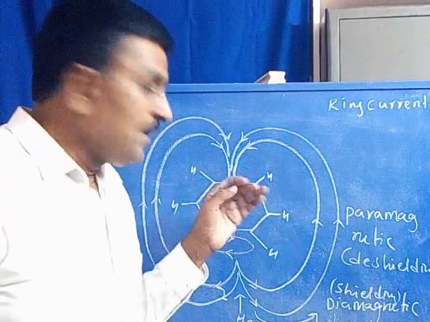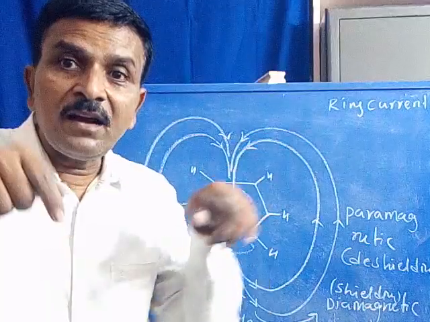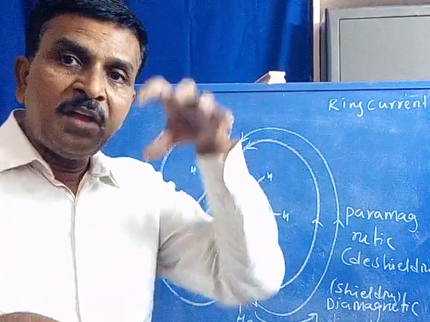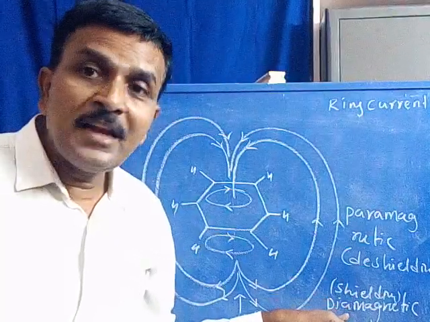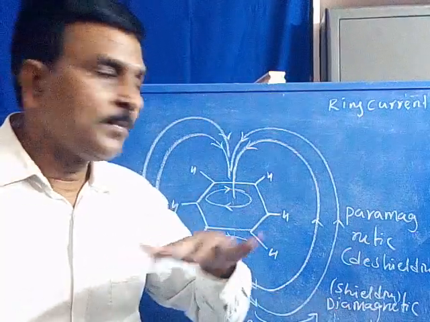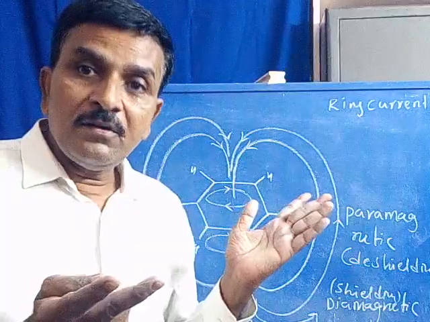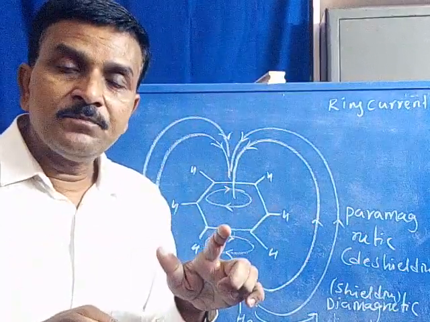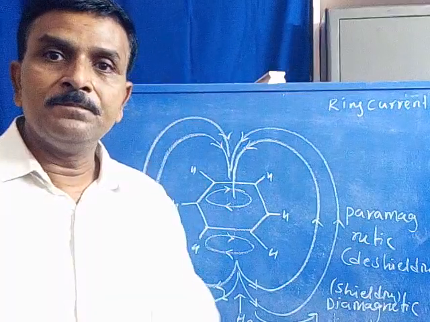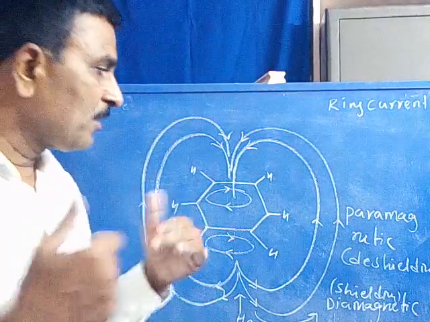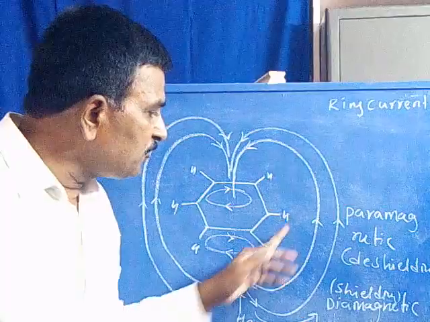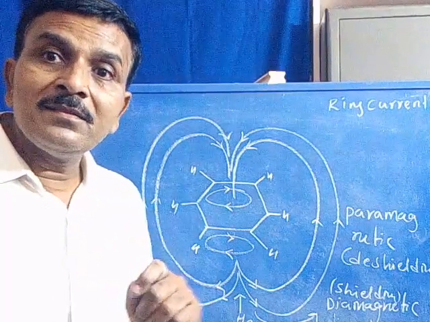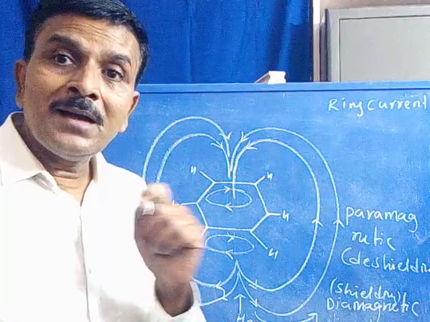That is, at the center of the benzene ring or inside the ring, the ring current is diamagnetic, that is shielding. At outside the ring of the benzene, the ring current is paramagnetic, that is de-shielding. Is it clear? Now, further, all the 6 protons, you can observe, all the 6 protons are attached to the